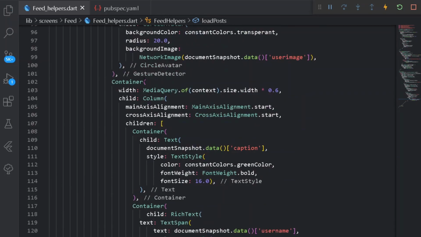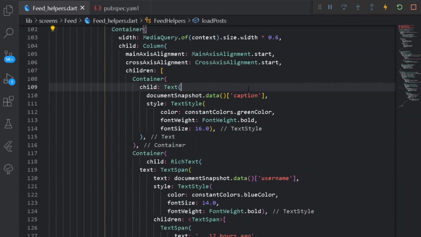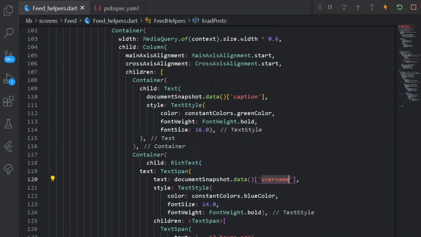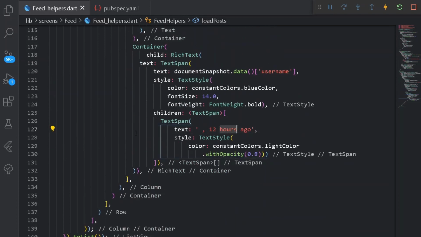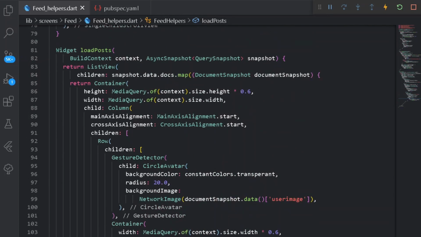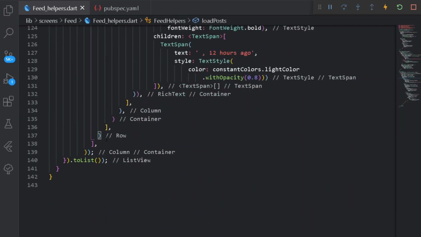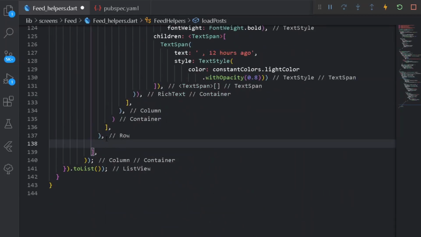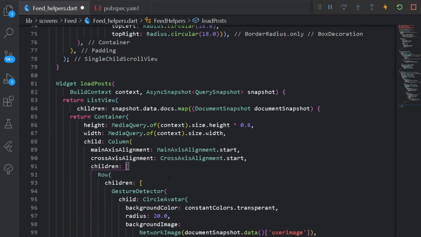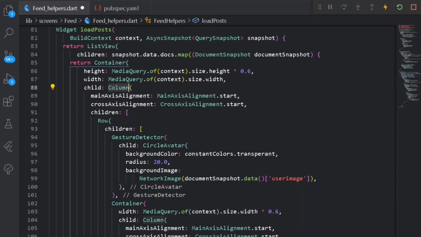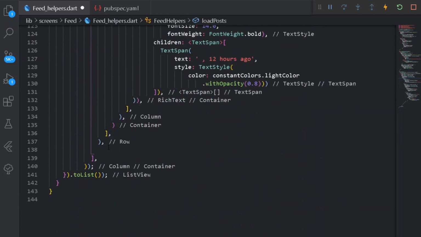After having the main container for showing the user caption and also the username under a column along with the time ago service, we can come out of the following main container, that is the following row. Alright, under a column, let's come out of the following row. Don't forget we are under a main container which has a child to be a column, and under a column we have a row, and after that row we shall be having a big container for showing the image as well. So for showing that, let's have a new container.